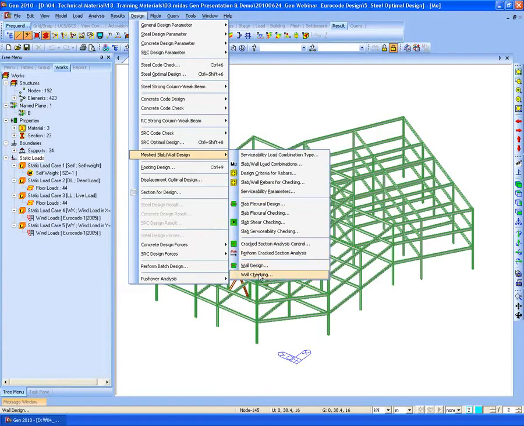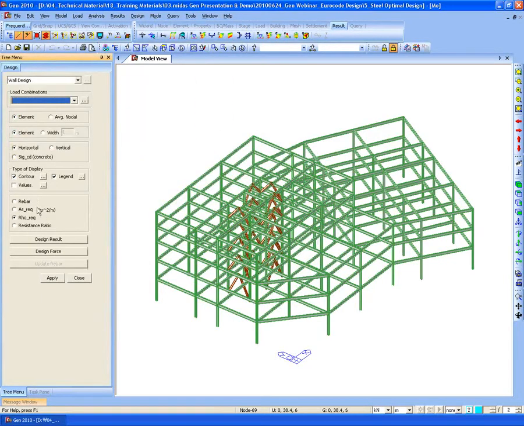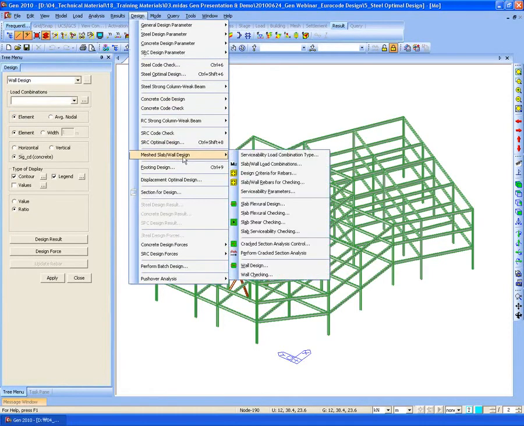I skipped the wall design part when I showed you because of the time limitation, but the usage is quite similar. In the plate element wall design, we can perform this wall design for the horizontal reinforcement, vertical reinforcement, and also concrete. The concrete stress limitation can be checked. So this wall design can be used for plate element meshed walls.